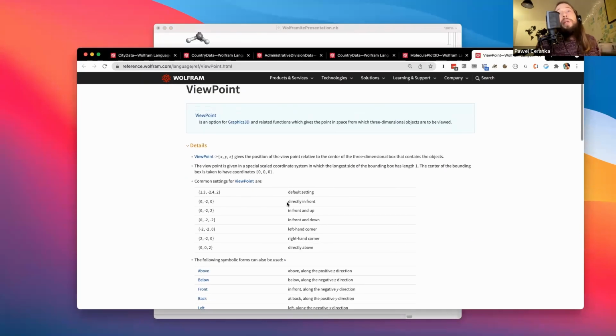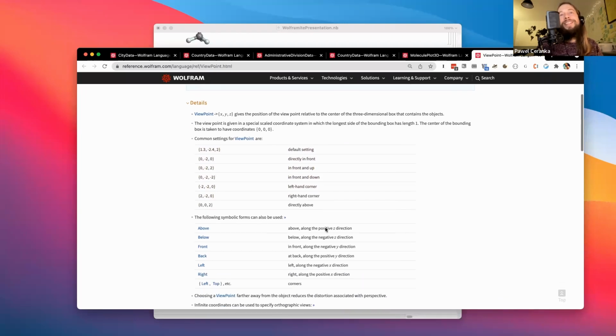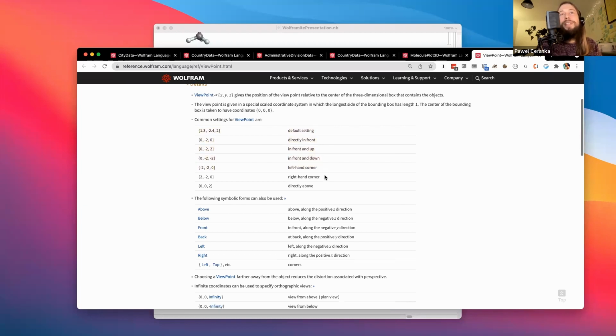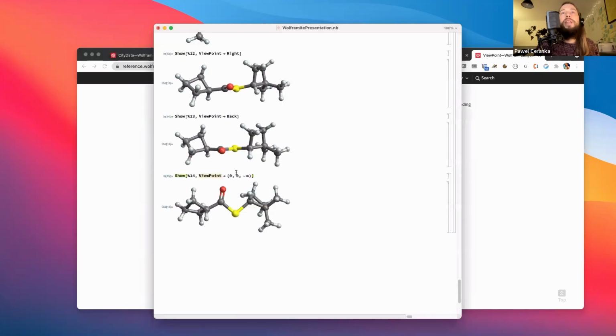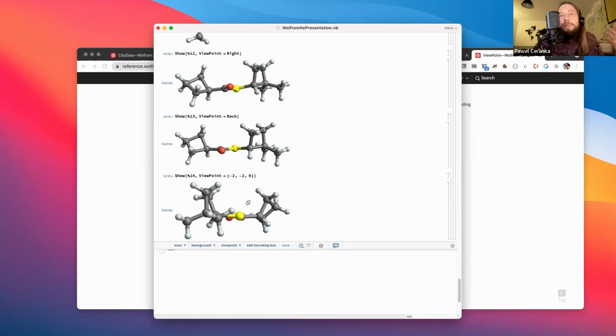So there is documentation. You can see, okay, directory in front. This is what the numbers map to in terms of your human understanding of what the actual angle is. You can probably work out from this how to get the actual angle. Let's change this, for example, to -2, which should be the left-hand corner. The last one was 0, right? For the left-hand corner. Yeah, so that's changing the point of view. You could potentially, in Clojure, map that to 50 things and just have a GIF or something like that.